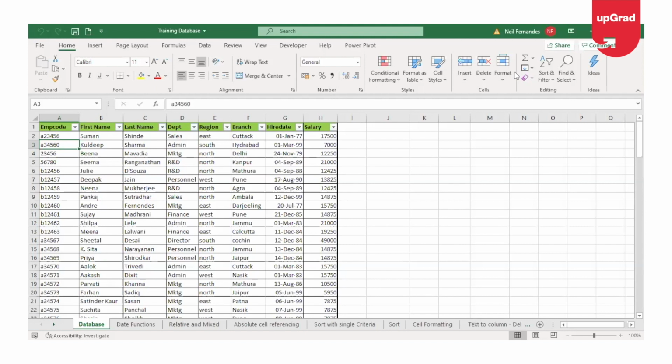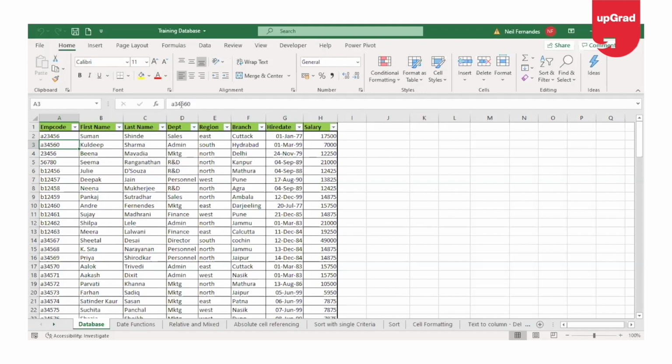But before we begin, let's first understand the Excel interface. Your Excel interface consists of four main parts. The first one is the Quick Access Toolbar, which sits on the top left corner of the Excel interface. This toolbar provides access to frequently used commands in the application. The second is your ribbon, which consists of all the commands used in Excel and sits just below the Quick Access Toolbar.